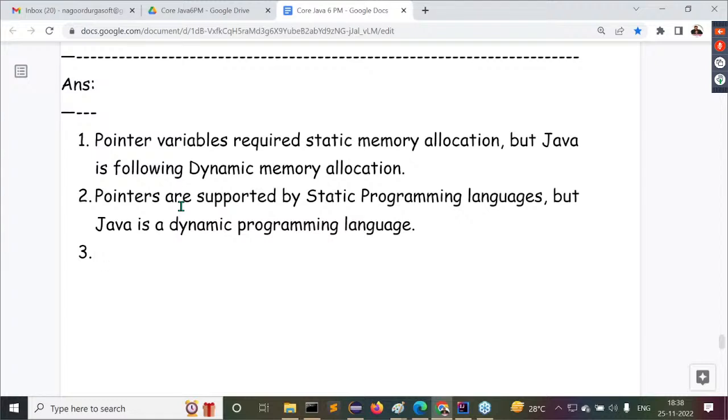In that computer, when I compile the Java program, what is the basic nature of the pointer variable? Static memory allocation. At compilation time, memory must be allocated for the P1 variable, and it must be initialized at compilation time. At compilation time, the pointer variable is storing the 1010 address location. That is up to computer 1 where we compiled.